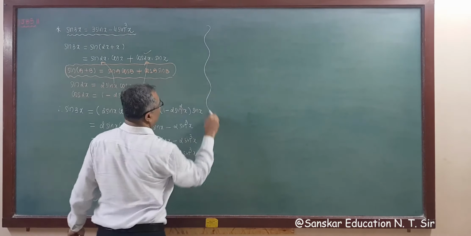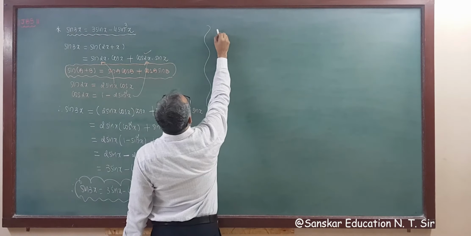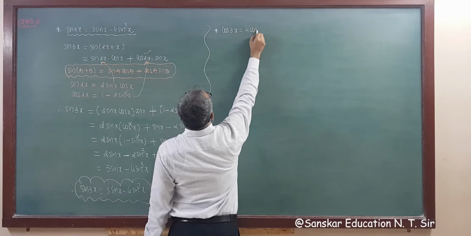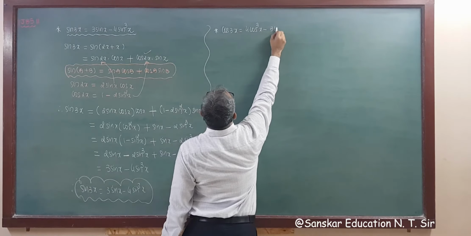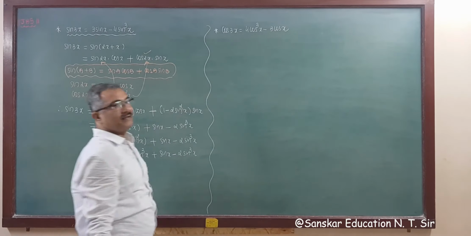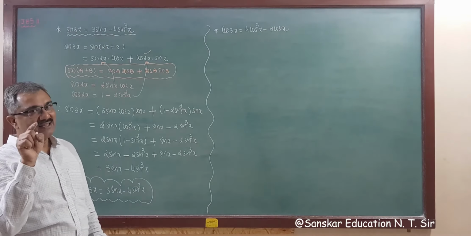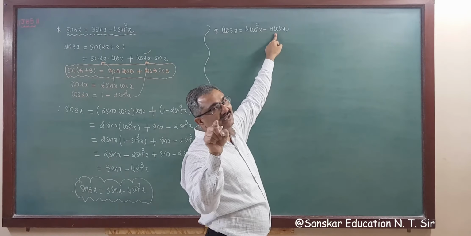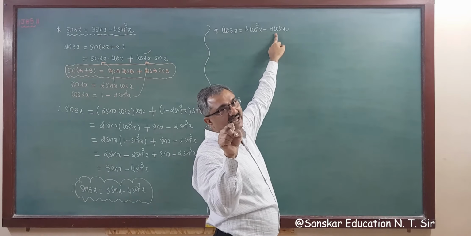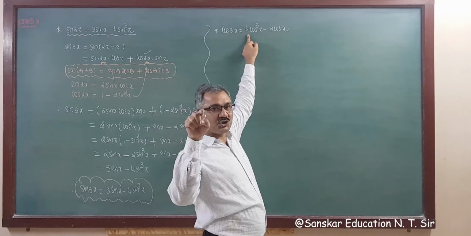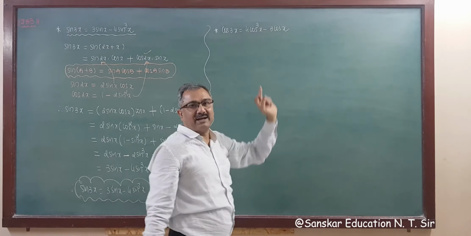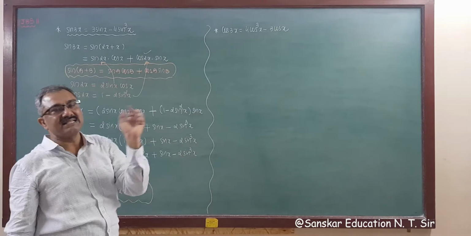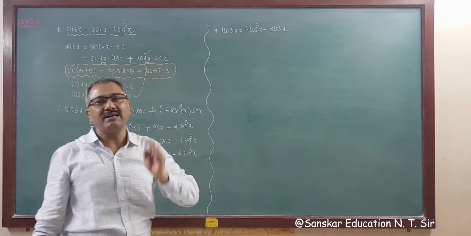Now another formula, for cos 3x, is 4 cos cube x minus 3 cos x. So sin 3x is "3, 4", then cos 3x is "4, 3". The 4 has power 3, and between these two there is a minus sign. So 4 cos cube, "4, 3". So sin 3x is "3, 4": 3 sin x minus 4 sin cube. And cos 3x is "4, 3": 4 cos cube minus 3 cos x. Right?